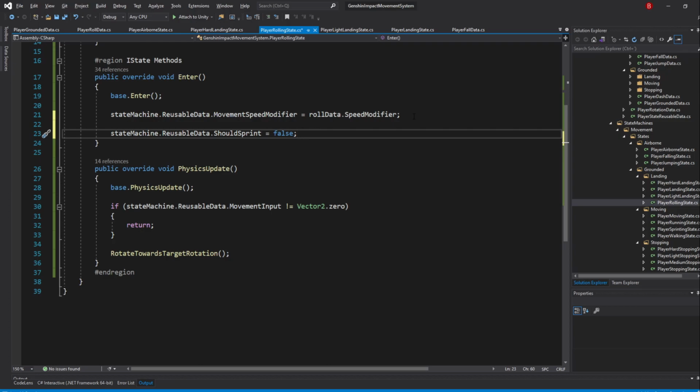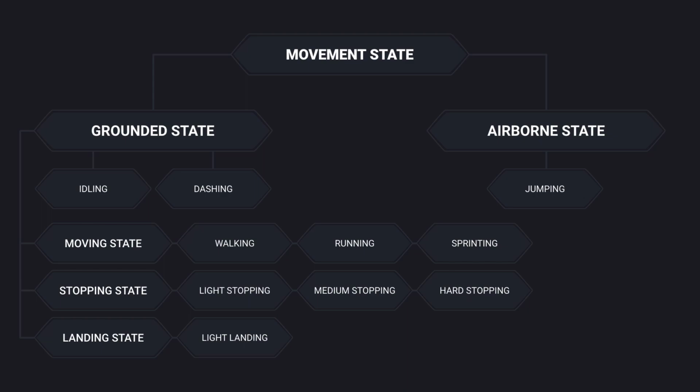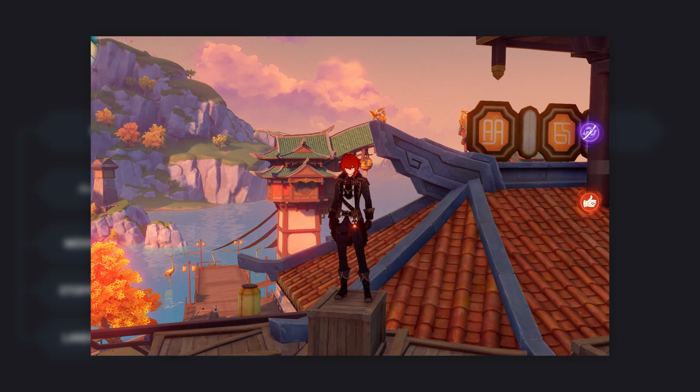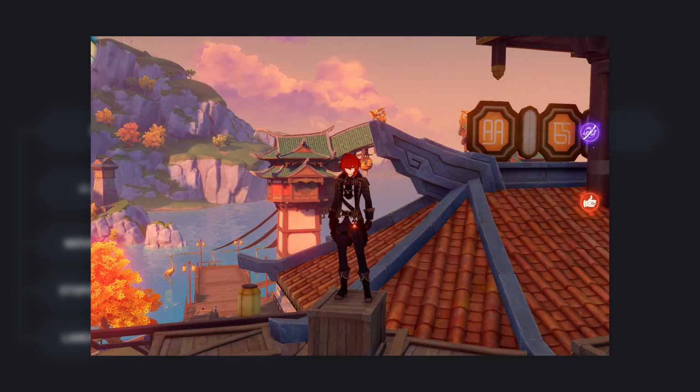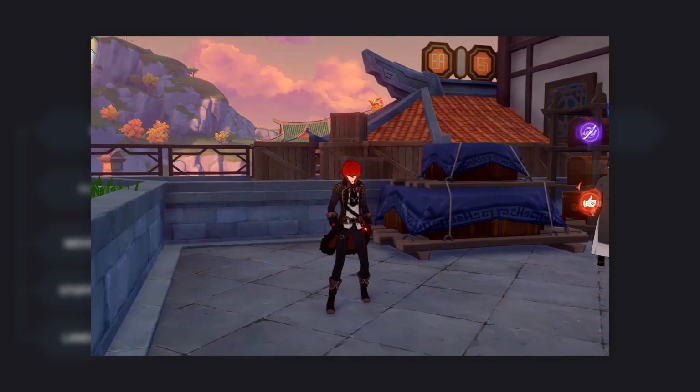We'll now take a look at the transitions from the rolling state. Regarding transitions to the rolling state, much like the hard landing state, we can only come here from the falling state. So we'll add that transition when we are finished doing the rolling state. Regarding transitions from this state, if we take a look at our movement system states, we can transition to walking, running, dashing, and medium stopping. Whenever the rolling state reaches its last frame, if there is no movement input key being pressed, it will transition to the medium stopping state.